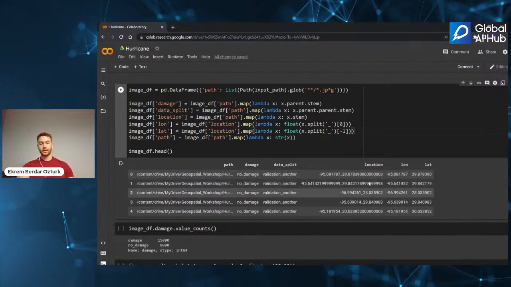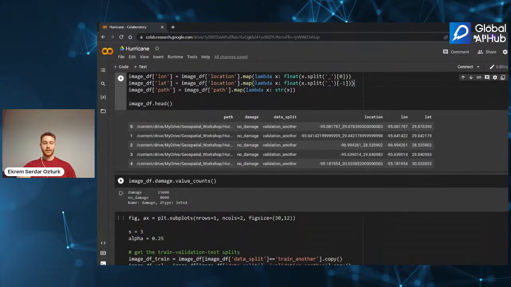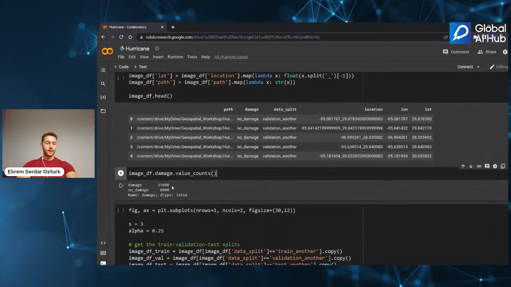Actually, these are the image names, so it's not that hard. We get the longitude and latitude from the names of our images. As you can see, when we do value counts of the damage column, we can see 15,000 damaged ones and 8,000 no-damage ones.